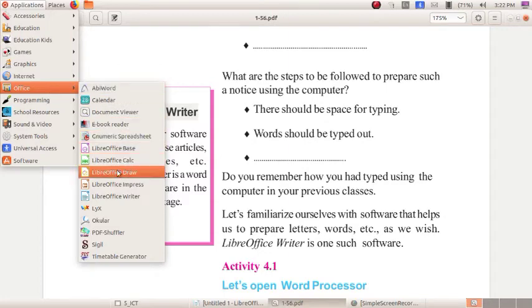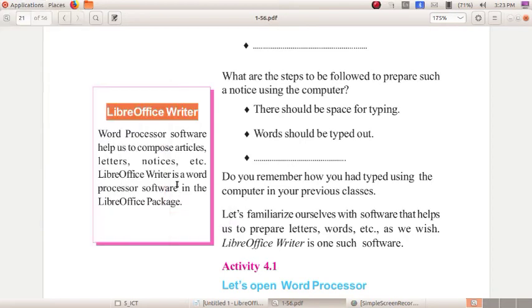Then here you can see a lot of LibreOffice packages: LibreOffice Base, LibreOffice Calc, LibreOffice Draw, LibreOffice Impress, LibreOffice Writer. So we can say that LibreOffice Writer is a word processor software in the LibreOffice package.